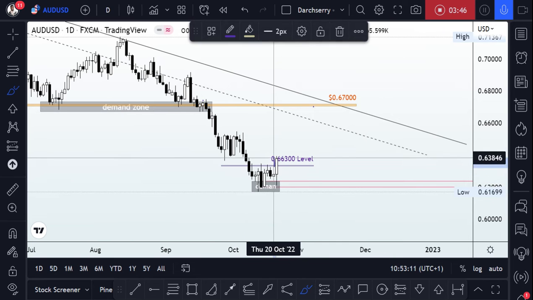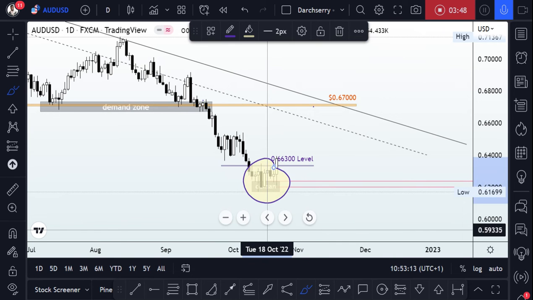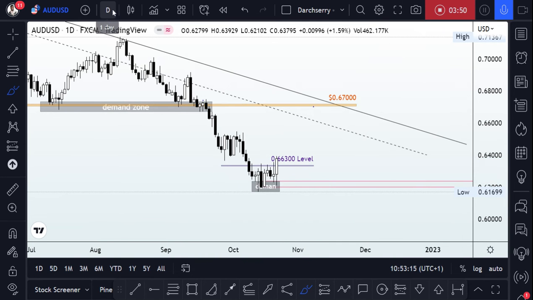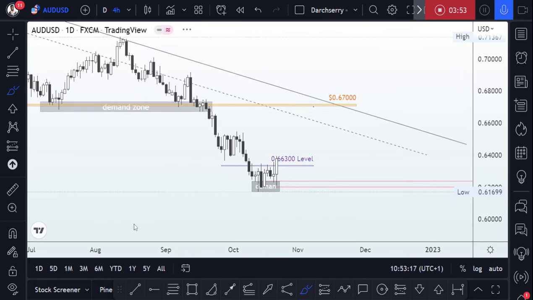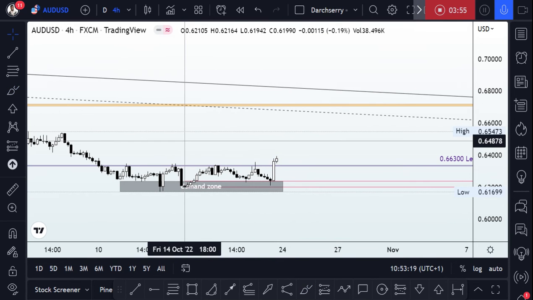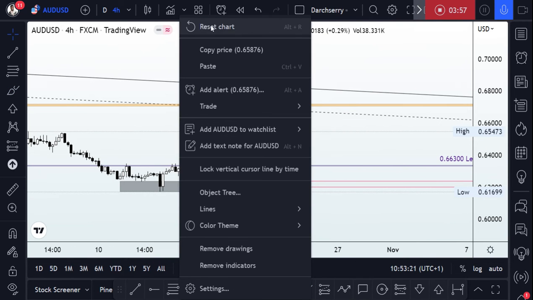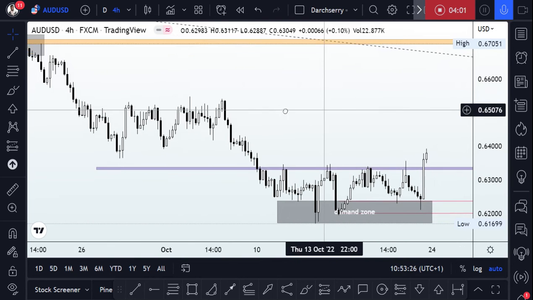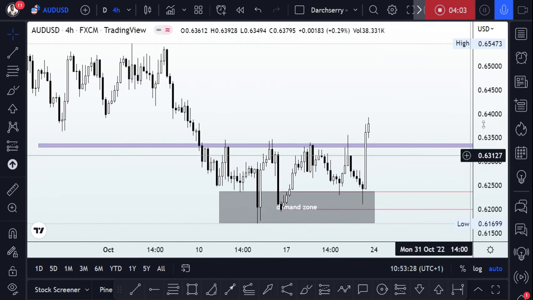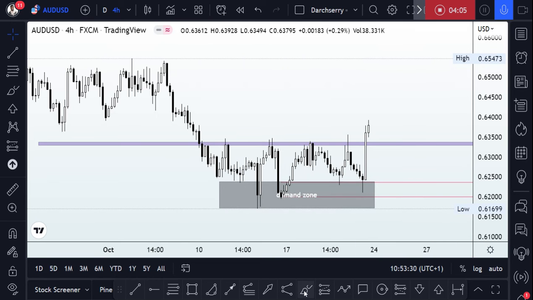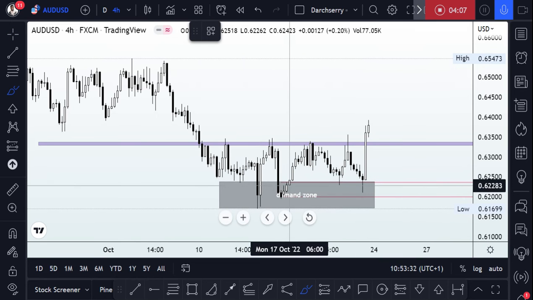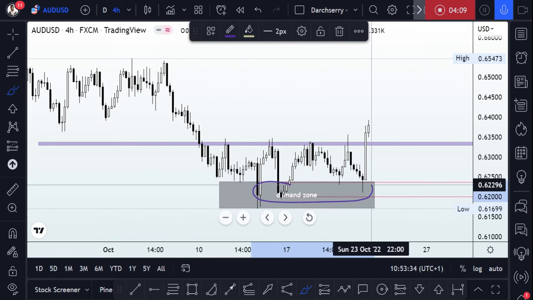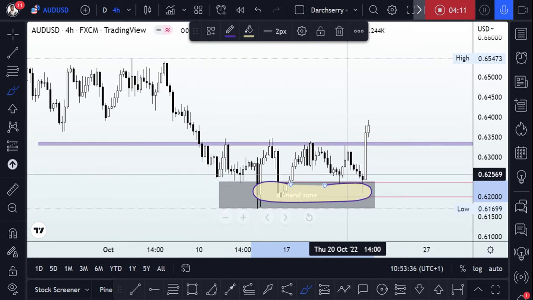So we really want to see what is going on at this point. In order to do that, let's scale down to the 4 hours time frame and see what is really going on here. On the 4 hours time frame, the first thing we would observe is that during the course of last week's trading session, buyers were trying; every attempt by the